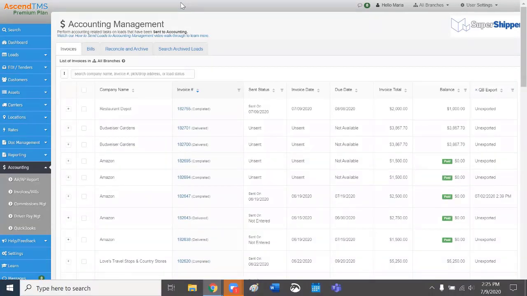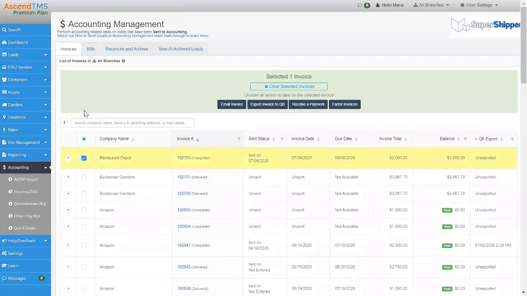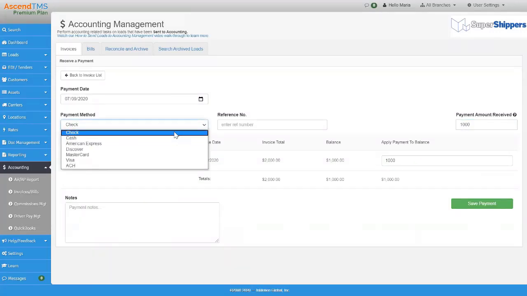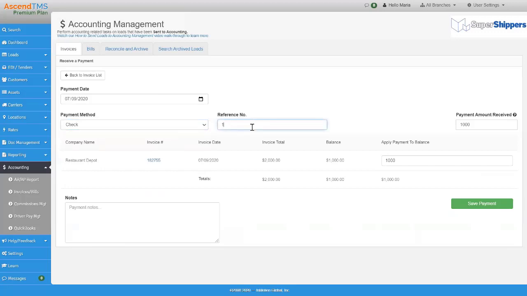Okay. Now, let's see, I partially paid this one, so I'm going to go through that one more time with you: selecting the invoice, receiving a payment, payment date, payment method that they paid you with, a check number if you have it, a reference number, or if not, go ahead and use your load number. Apparently my fingers aren't working, my apologies. If you've gotten short paid for any reason, or you need to apply a payment that is less than this balance, you're going to come into this field, back that amount out, and edit it accordingly.